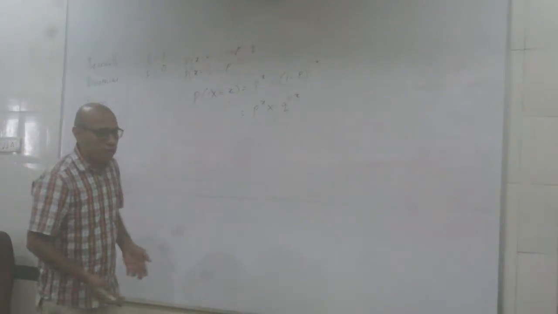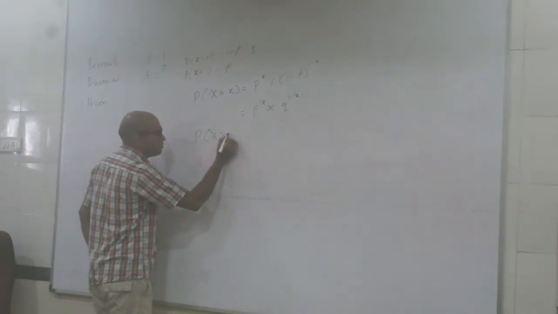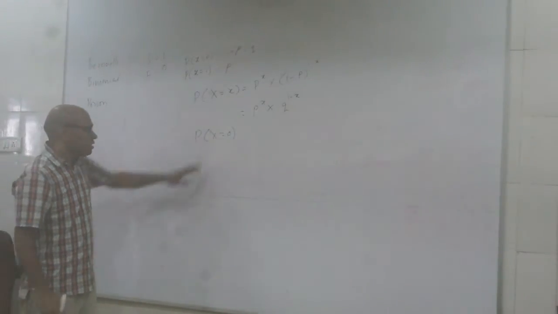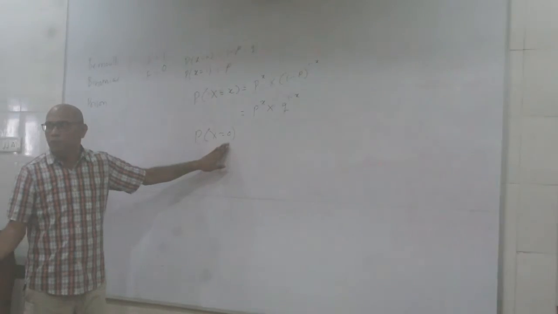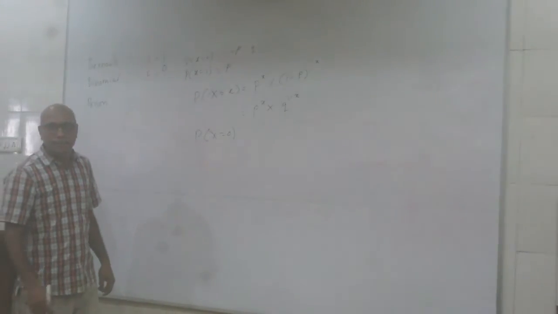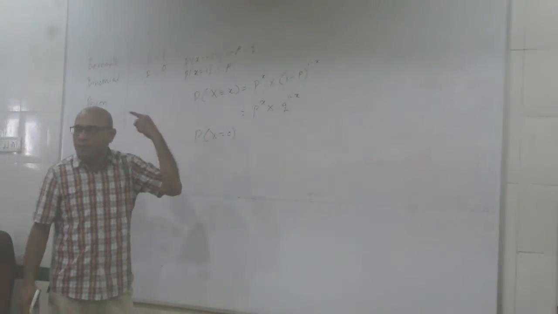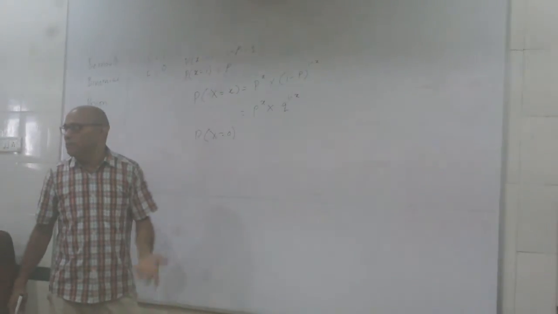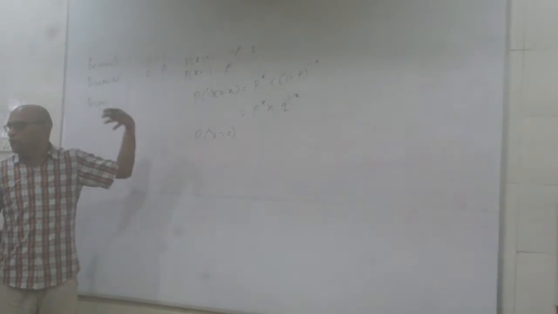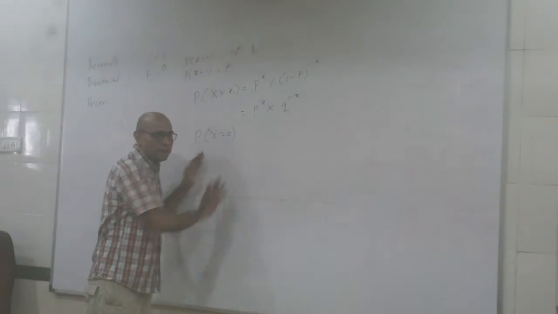Now, let's solve it, and you would understand the utility of this distribution. The probability that x takes a value 0. Okay, the probability that x takes a value 0 means that you failed to solve a problem in a problem solving experiment, or you did not reason it correctly in a reasoning experiment, or if this is a single item on an intelligence test, you failed on that single item to give a correct answer, right? Or if there is a single item on an aptitude test, you failed to solve this single item correctly, right? This is the probability that we need to work out.